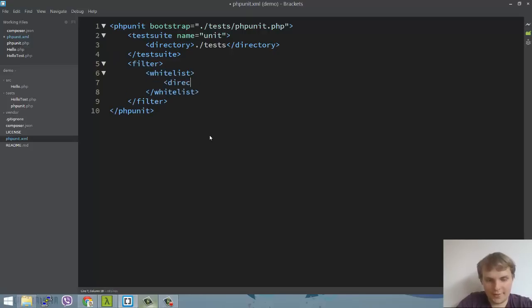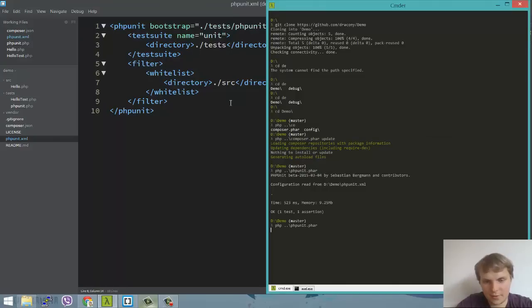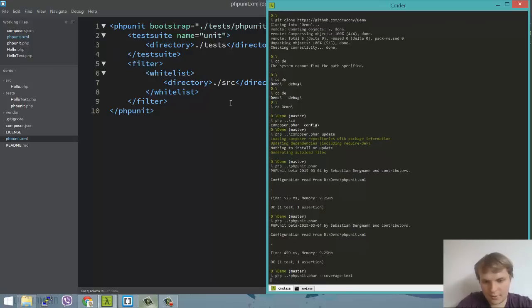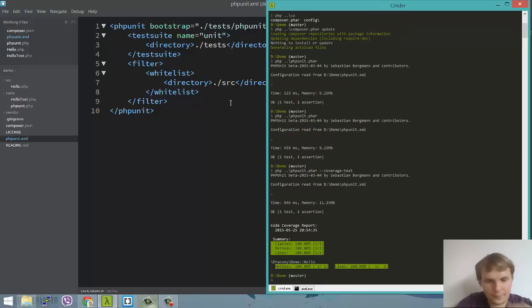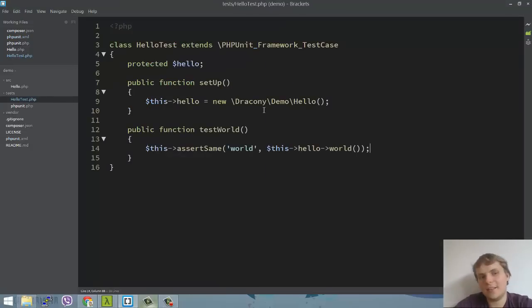So we are going to whitelist a directory. Actually, I don't need that in the new line. Come back. We are whitelisting the src directory. src. Great. That should be enough. Now let's rerun it. Great. And coverage text. Alright, so the coverage is being generated,